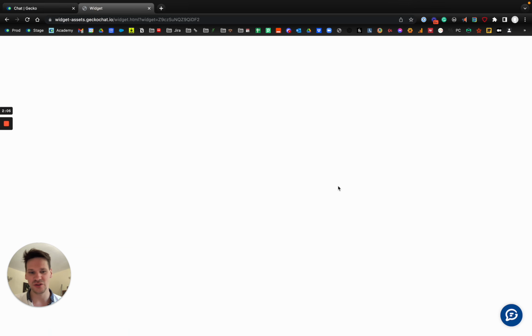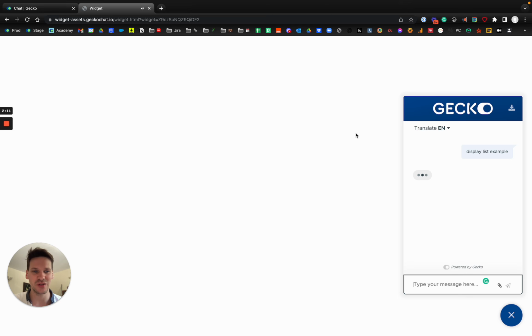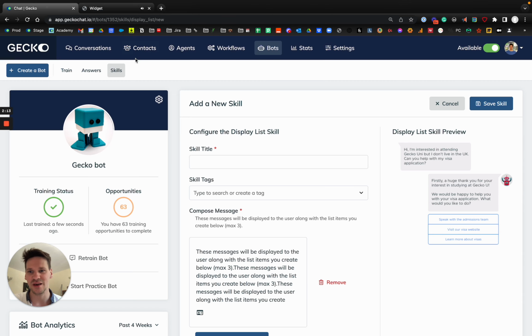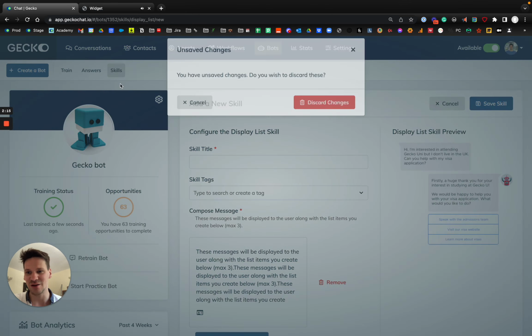Now, let's hop over to a test example here, so we can see this in the flesh. We'll message the bot. Of course, what I've done here is I've built a skill. I've then gone into an answer, and I've told Gecko that when this question comes in, here's the skill to trigger. And we can see here we have our 2 messages that the bot's displaying, and then